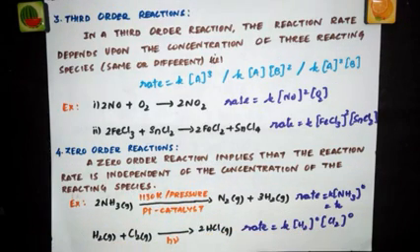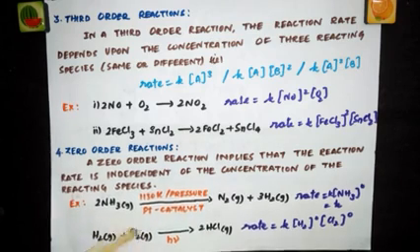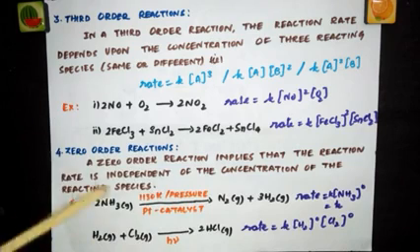So rate is equal to K. So the rate of the reaction does not depend upon the molar concentration of any of the reacting species. This h nu is nothing but the light. So we have seen examples for first order, second order, third order, and also zero order reactions. We also have fractional order reactions. You can get 2 by 3, or 2 1 by 2, or 1 1 by 2. We have fractional orders also.